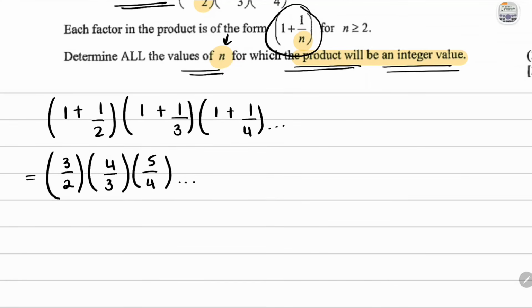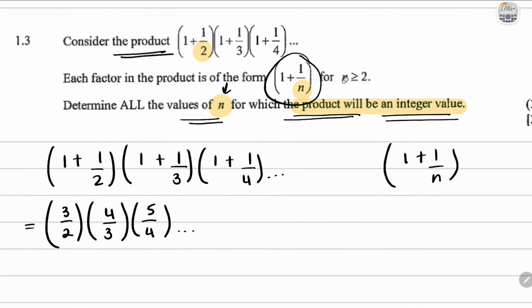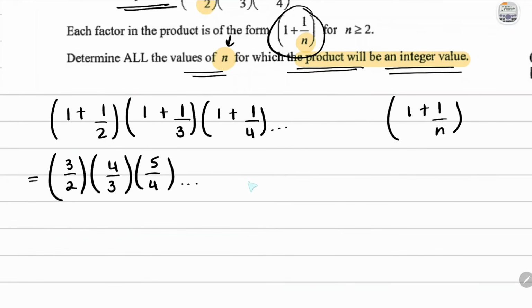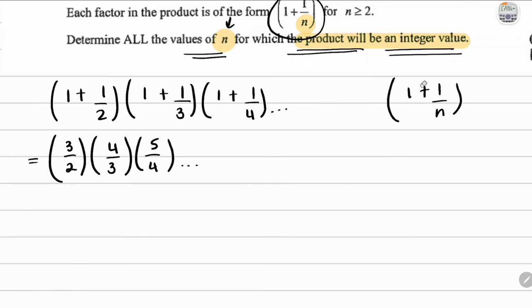So what we can say it ends at is the last term should be 1 plus 1 over n, okay, because that is the nth term. I say term, but these are factors. They're not really being added together. So with that, and because we already know that n is greater or equal to 2, when you have to simplify it, when you multiply this out, we can actually just add this up to find out what exactly the last term is, but we can kind of see what it is already,